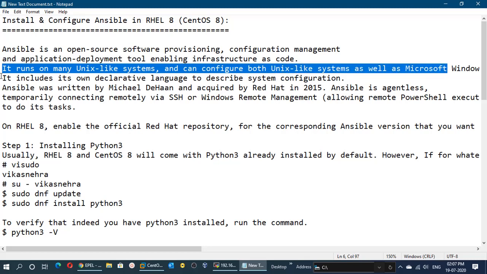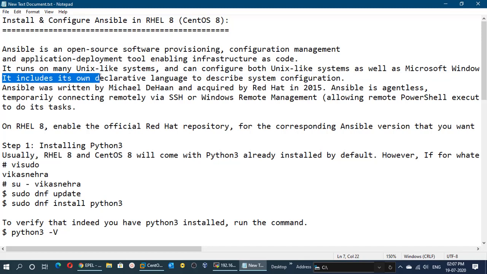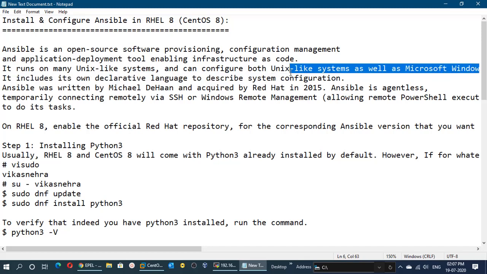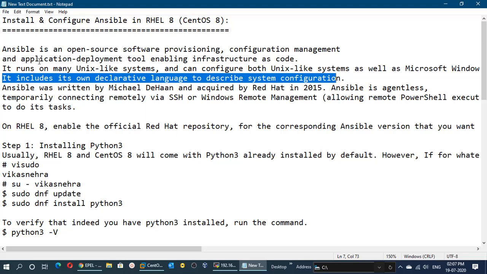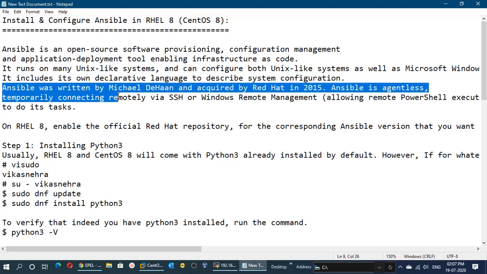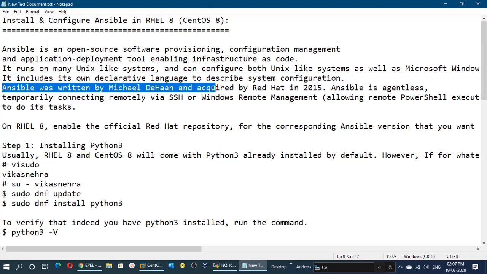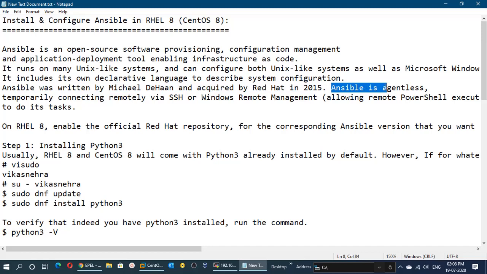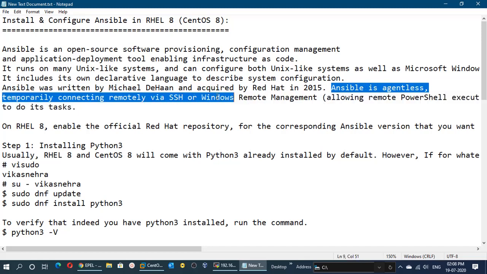It includes its own declarative language to describe the system configuration. It was written by Michael DeHaan and acquired by Red Hat in 2015. Ansible is an agentless temporary connection remotely via SSH or Windows Remote Management.